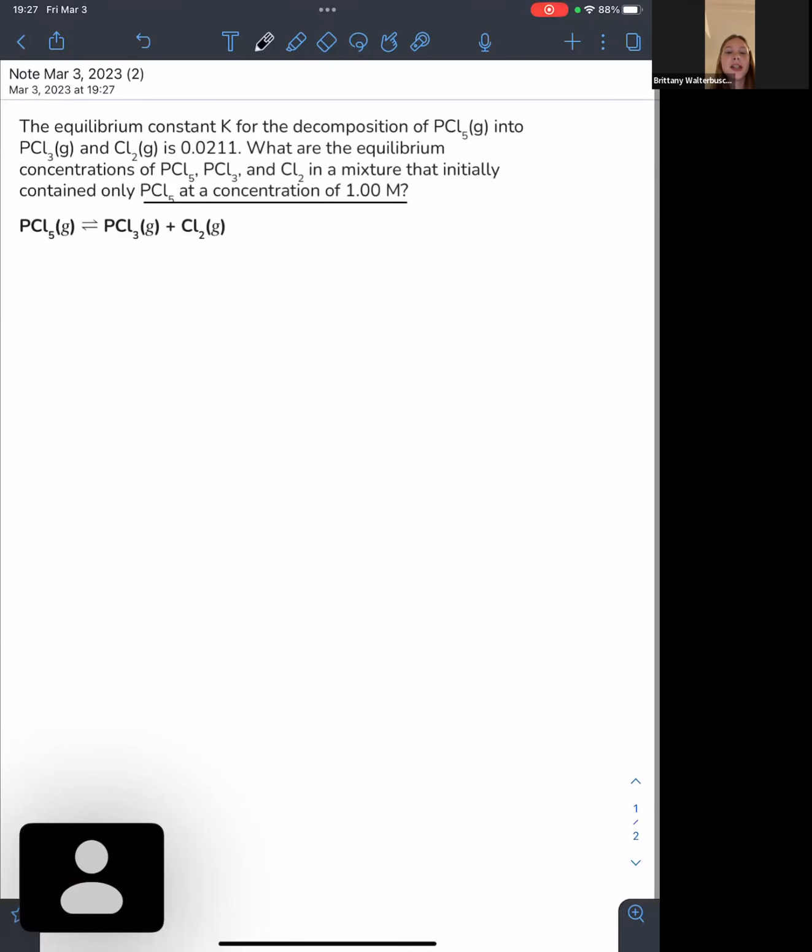My name is Brittany, and I'm going to walk through with you how to do an ICE table using the quadratic equation. Okay, so here's a problem. We're given the equilibrium constant K for the decomposition of PCl5 into PCl3 and Cl2, and that K constant is going to be